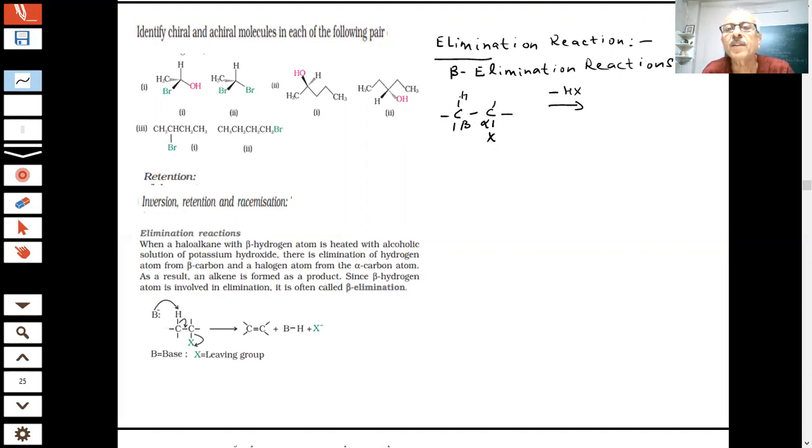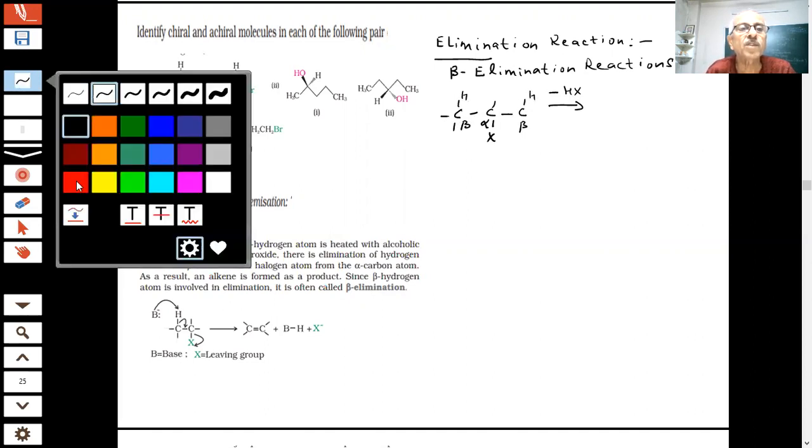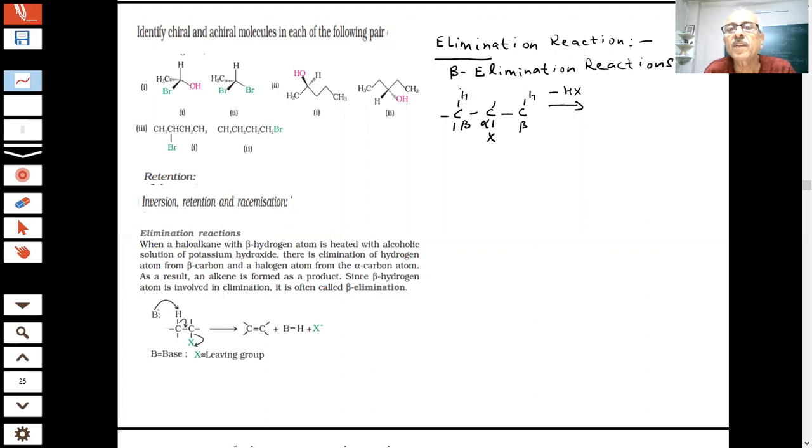You can see that this is a hydrogen which is at beta position. On the other side also there can be hydrogen at beta position. Don't think only one. There is another carbon also. If I write this carbon, students, this is also beta carbon. If there is a hydrogen here, this can also go. Here you can see there are two hydrogens which are beta. This is a beta hydrogen. This is also a beta hydrogen. Clear? This is alpha carbon, and adjacent to this is beta.